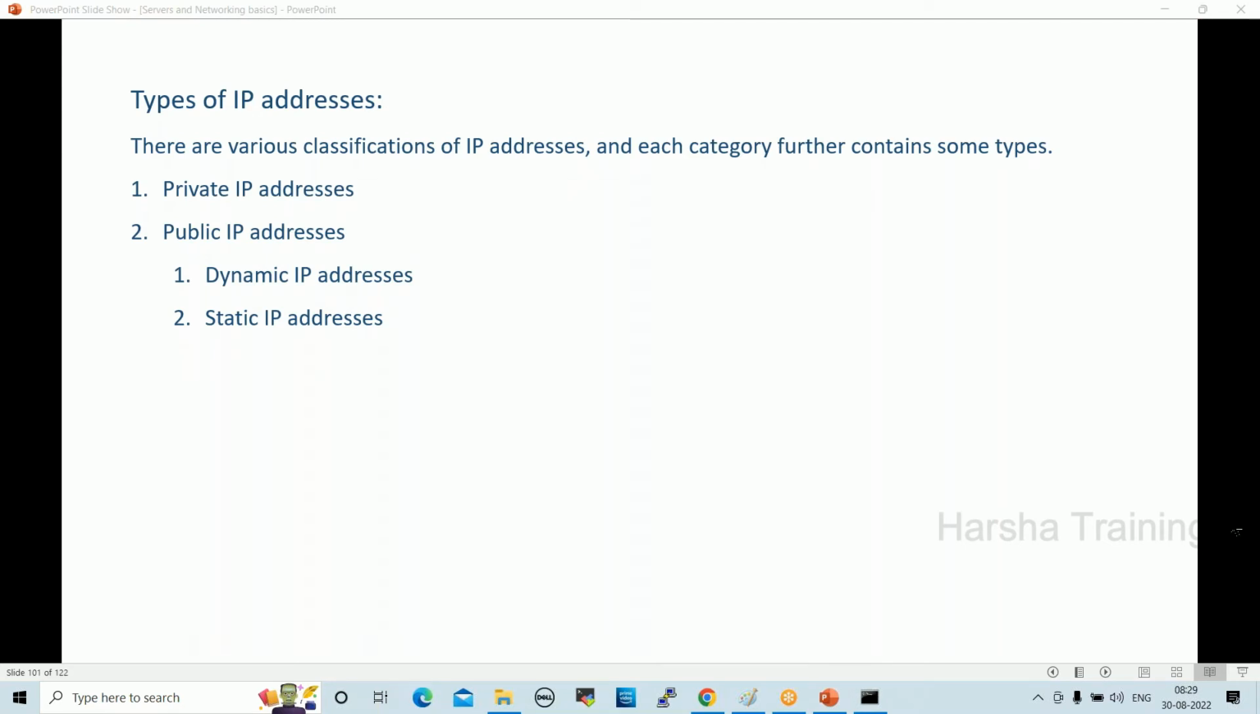Any admins? What is public? What is dynamic IP? It will change automatically. IP address will be changed randomly. Static IP address is nothing but a unique IP address. Right. Fine. So dynamic IP, when we talk about dynamic IP, dynamically IP will be changed every time whenever we